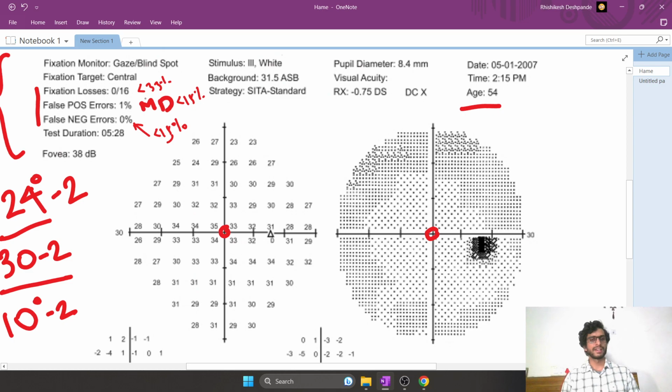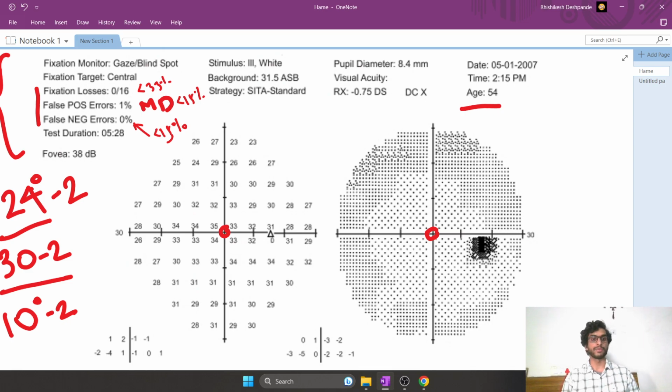False negative does not necessarily mean that the test is unreliable. It could also be because it's an early stage of glaucoma. When the glaucoma is early, there is an increased variation between the responses. In the same area, even if the patient is giving their best possible effort, it might still indicate an early stage of glaucoma, and the same point might show variable results over a period of time. That is entirely possible. So it would be unfair to discard a glaucomatous perimetry test based exclusively on